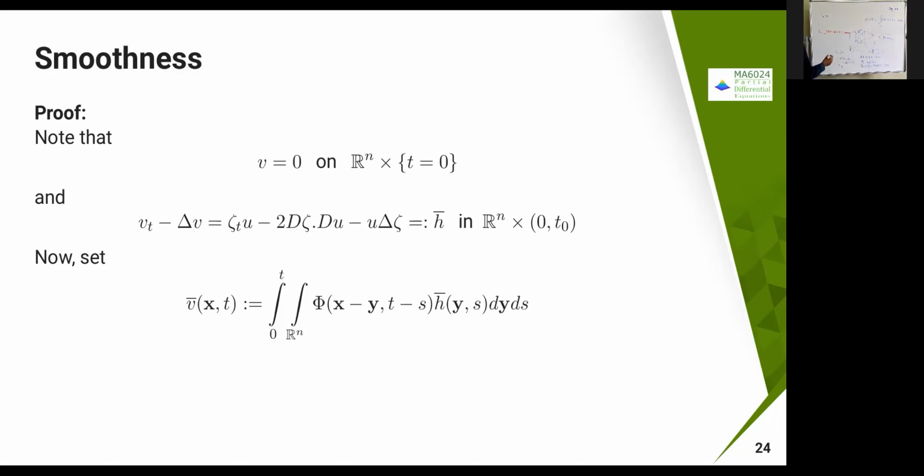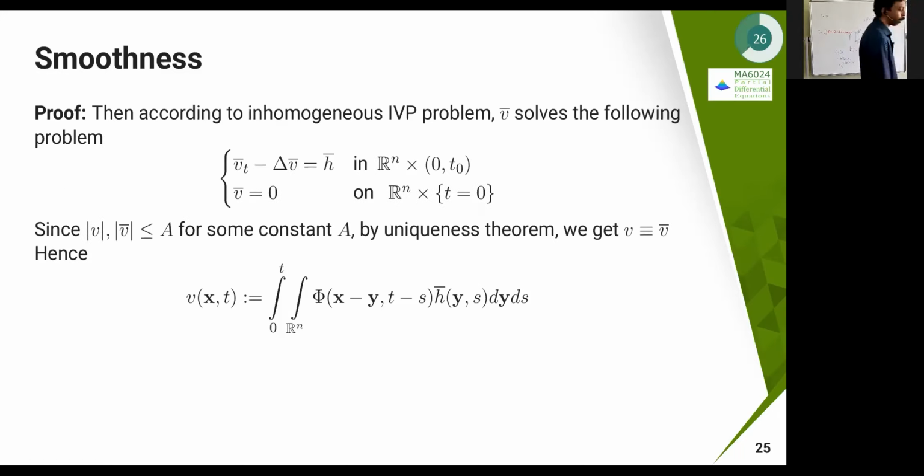Okay, if you check it from the previous lecture, the inhomogeneous problem, you might have seen that ut minus delta u equal to 0 and u equal to f is going to satisfy this one. Therefore, from this one you can claim that your v bar is going to satisfy this problem: vt bar minus delta v bar equal to h bar, and v bar equal to 0 as the initial condition. So that is going to be there.